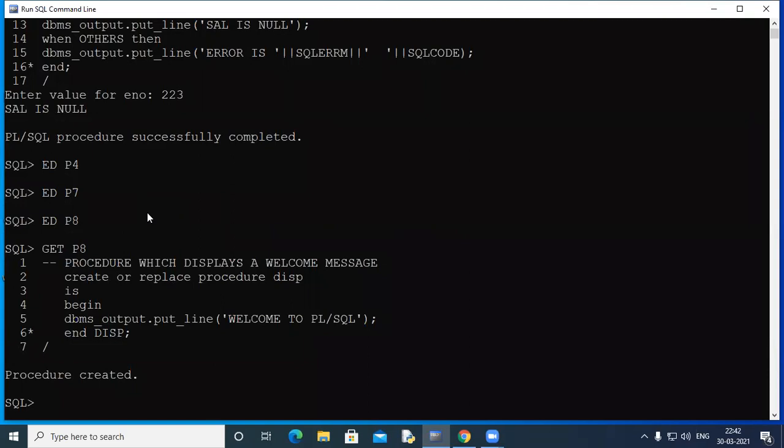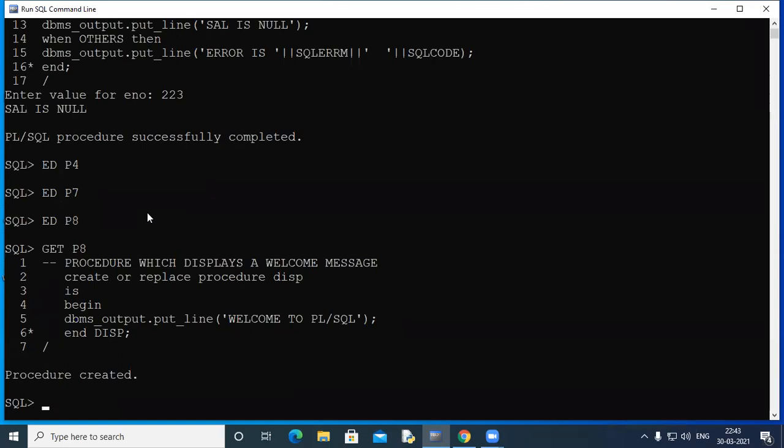A procedure is 99% similar to your function. The only thing is that a function usually calculates something and returns something, whereas a procedure does some predefined task. Both the procedure and function can return values, but a procedure usually does not. How to return values from our procedures we'll also learn in our next class. So the procedure has been created.